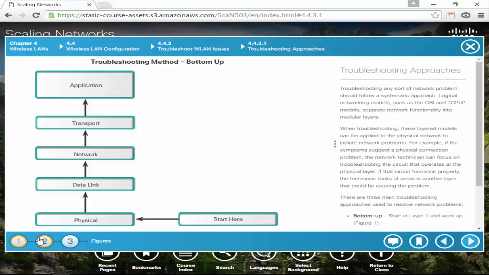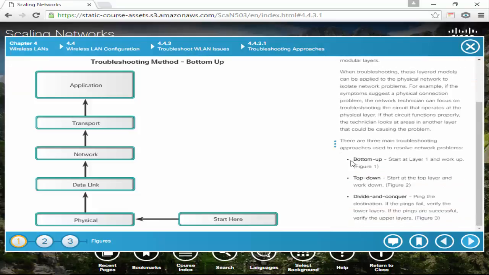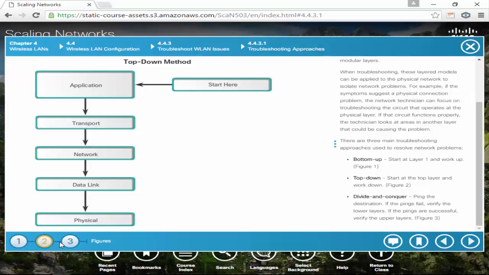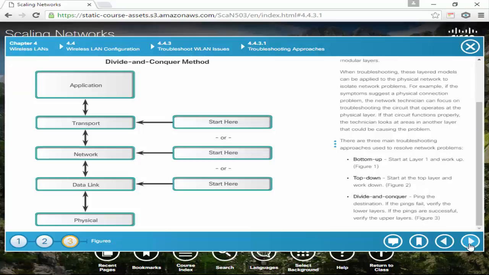Well, so if we're having problems, here we go back to our old TCP. So this is the advanced TCP/IP, or the updated TCP/IP model, right? So we could do bottom up, top down, or divide and conquer. Top down, start at the application, go down, see where a problem is. Bottom up, start at the physical layer, go up. Divide and conquer, start in the middle, go somewhere with it, try to figure out what's wrong, right? So how does that work